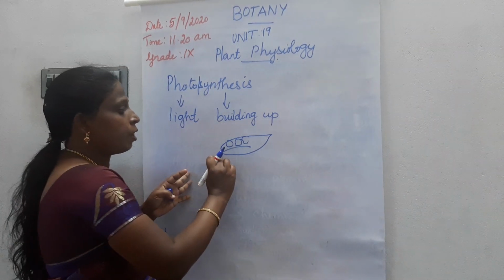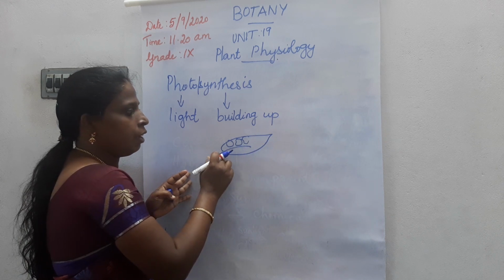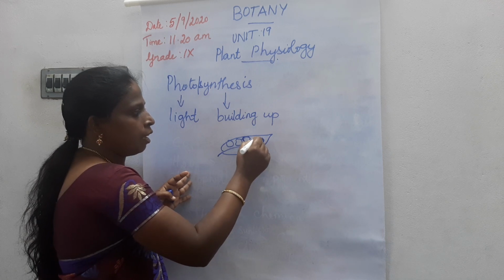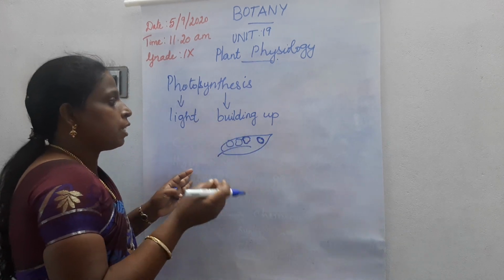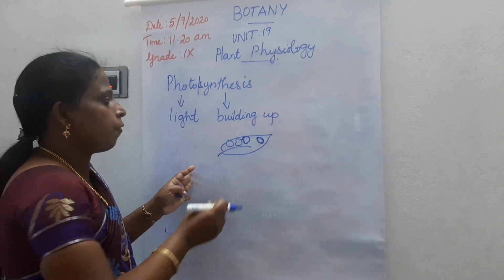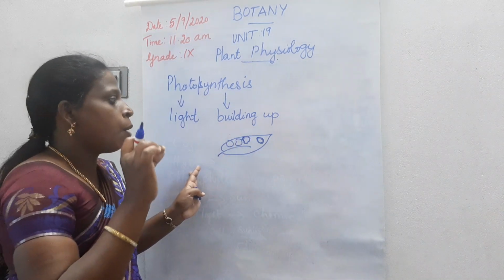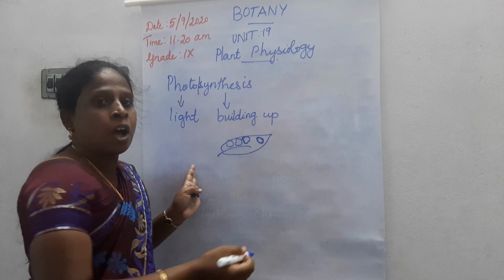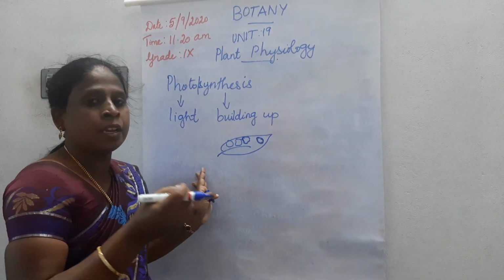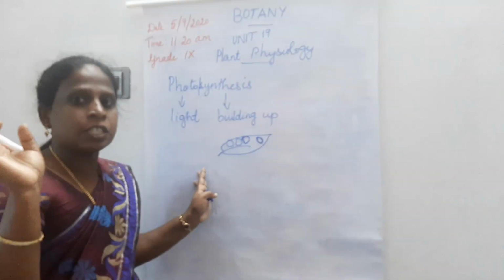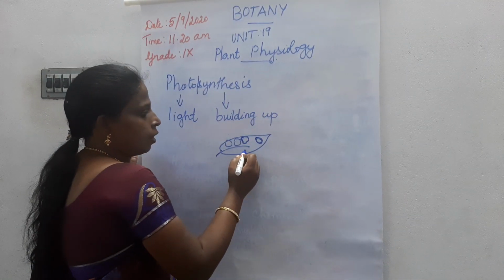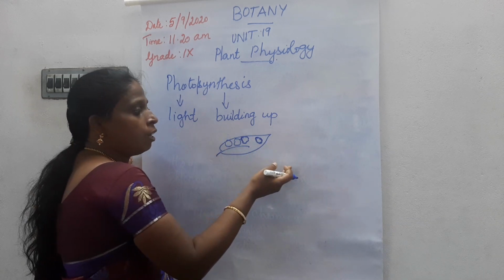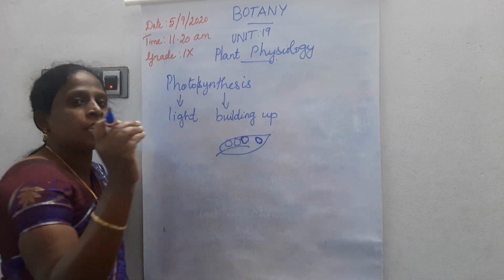What we have to do is, first draw the picture of the leaf and mark where the green patches are. Where the green patches are, we mark that part and test for starch. First we immerse the leaf in boiling water for a few minutes, then it is immersed in alcohol. After that take the leaf and test for starch.